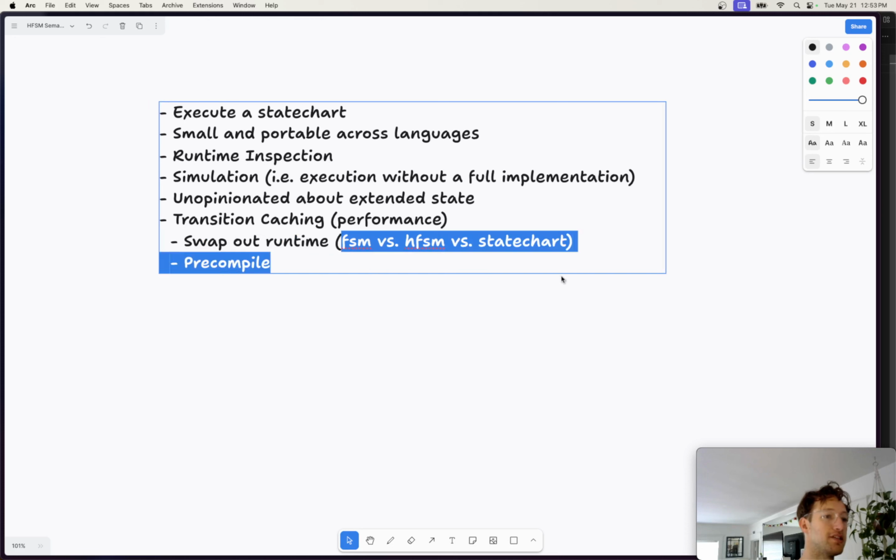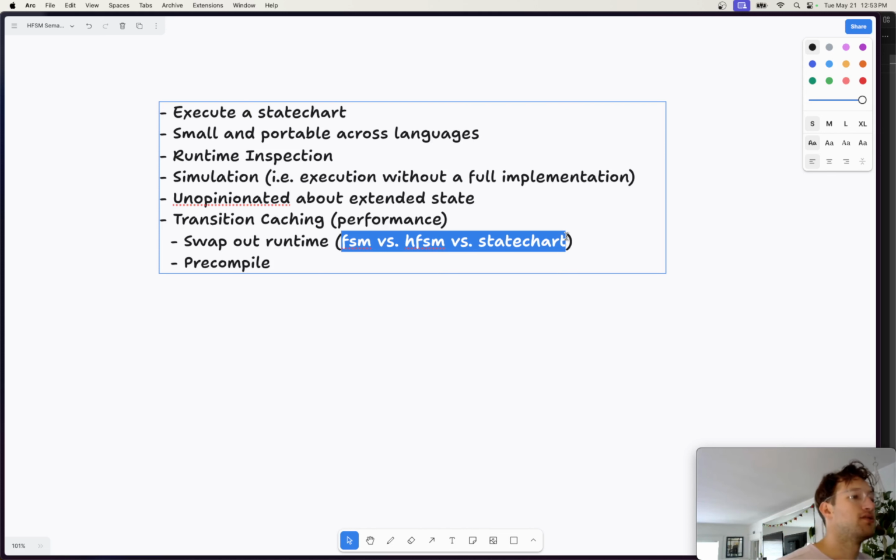So this is also what could enable swapping out the underlying runtime. If we swap out the transition selection logic and the instruction generation logic, you could potentially swap out any runtime. And more importantly, let's say you want to add a new type of pseudostate or a new type of transition,